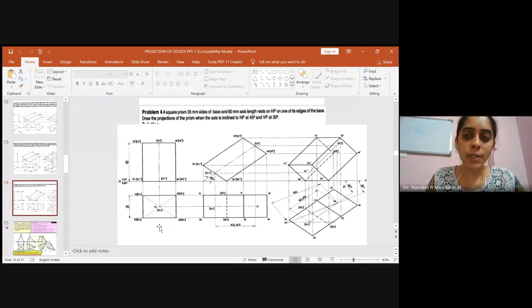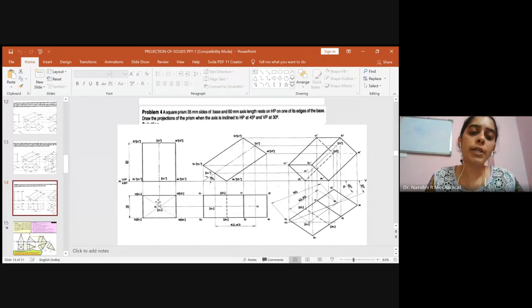After that, please do the naming. I told the naming is given A, B, C, D for the top surface, A1, B1, C1, D1 for the bottom surface. So bottom surface will not be visible when you view from the top. So I will write it as A1, B1, C1 and D1 in the bracket. The top surface will be visible A, B, C and D, and hence you write outside the bracket.